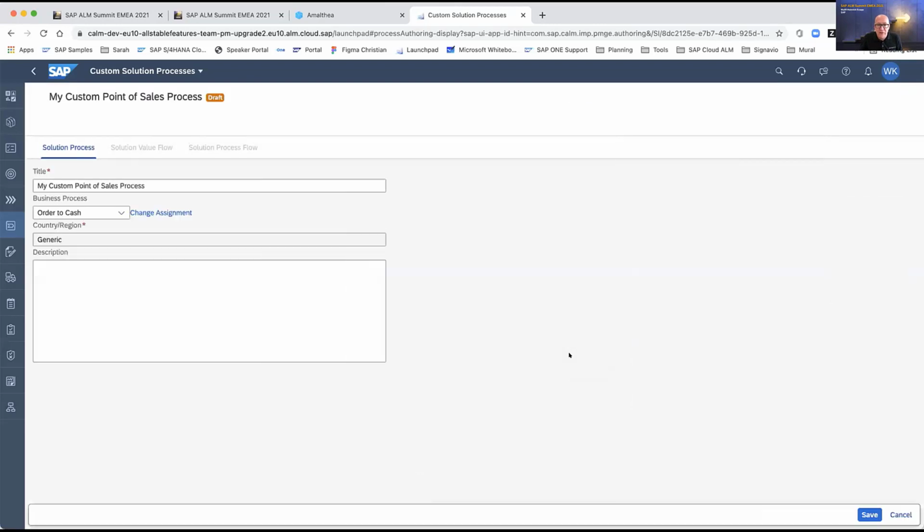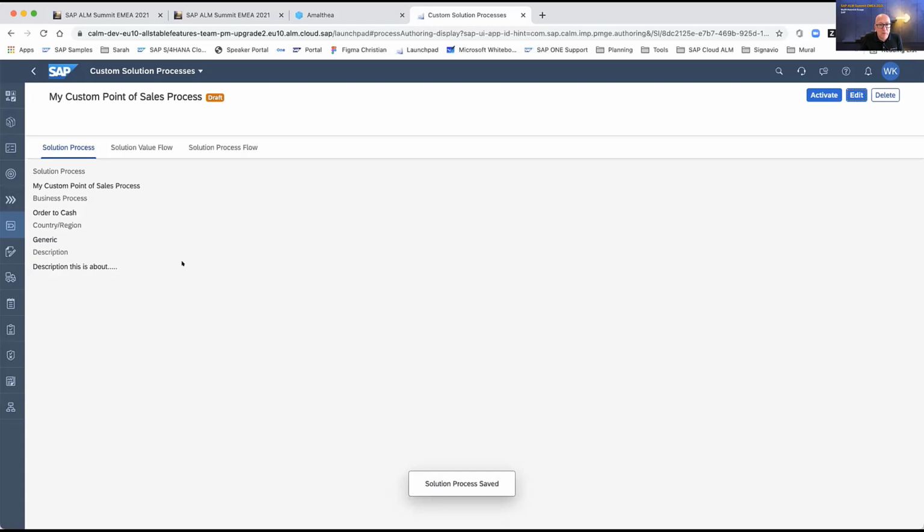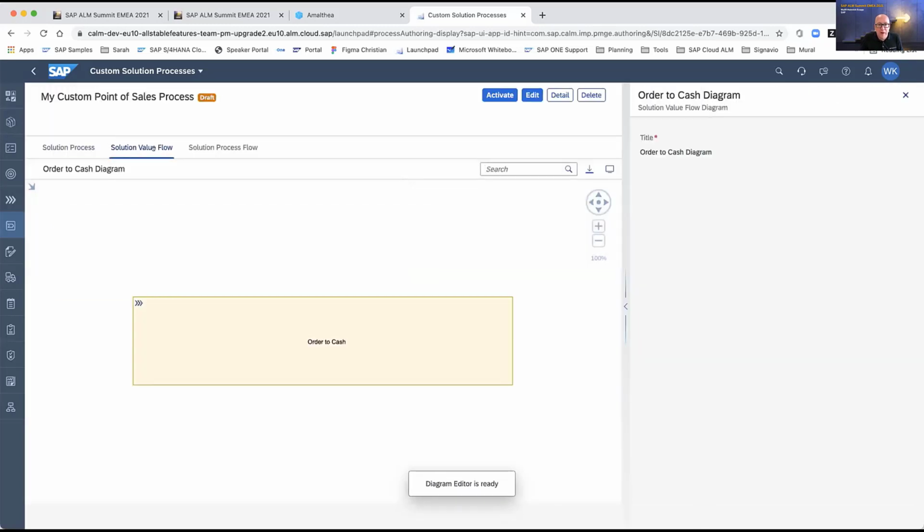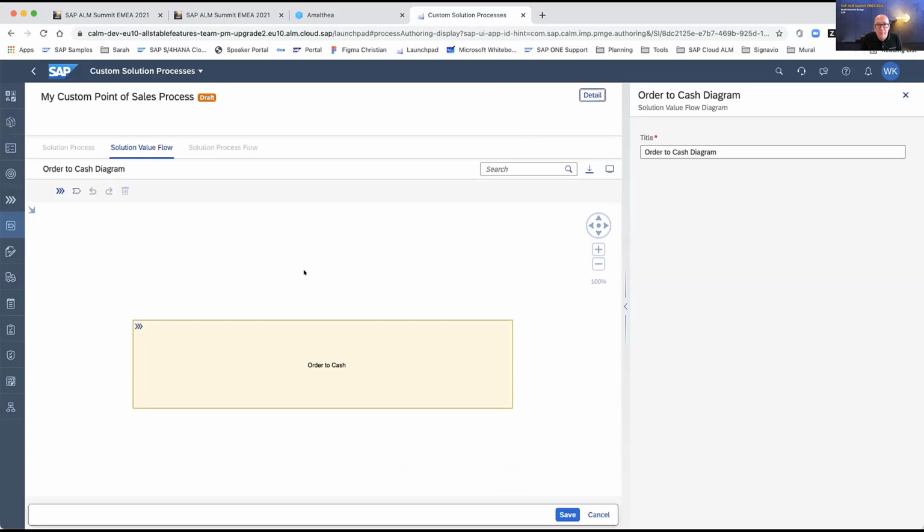And when we create a solution process, I can give the solution process some description. Then I can save it. So now I created my solution process. And then here on the solution value flow, I have the possibility to define my process scope.